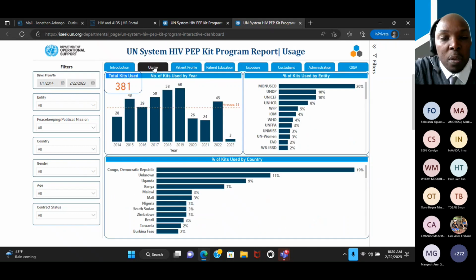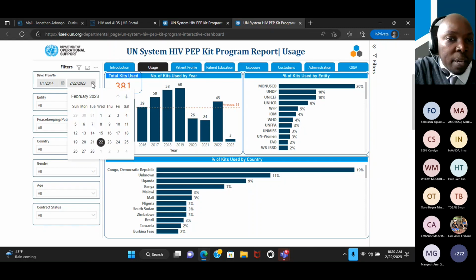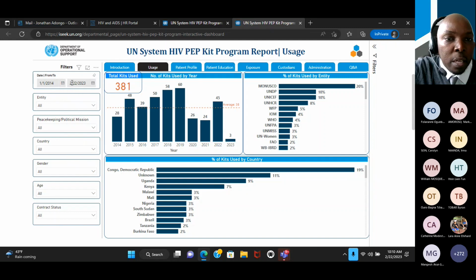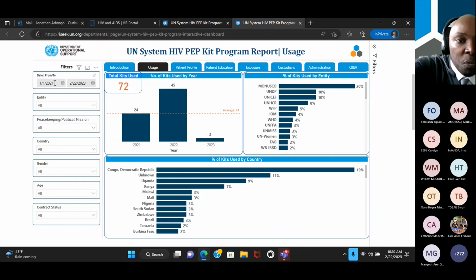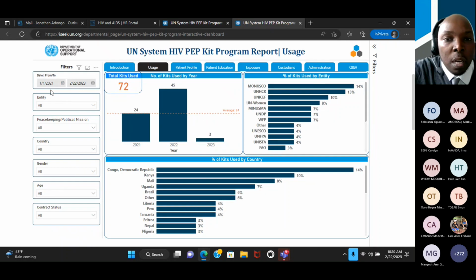You can cut it by time, you can cut it by mission. If you don't want to use the calendar, which I advise, you can always just come back and type in the date here. So for example, if you just want to know the last 2 years, what has been the usage, you're not interested in all the information from before, you just enter from 2021 to 2023, and it cuts across all pages. Because I selected this date here, it's synced, which means if I cut the date here, it's going to be cut on these other 2 tabs as well.